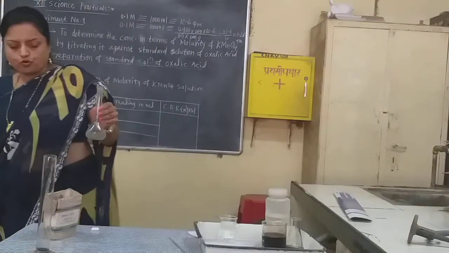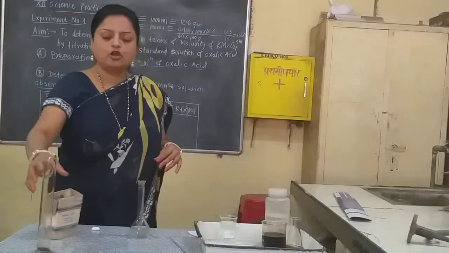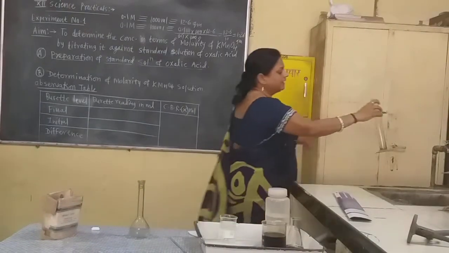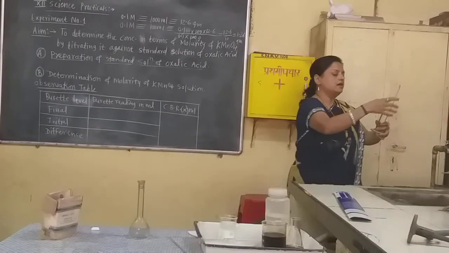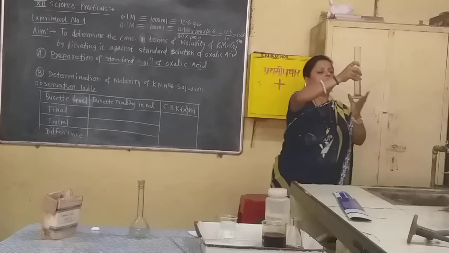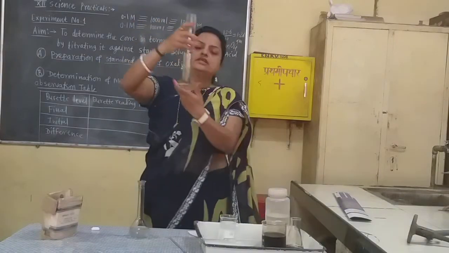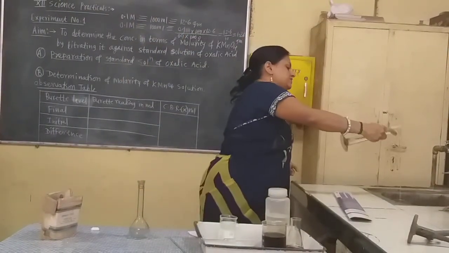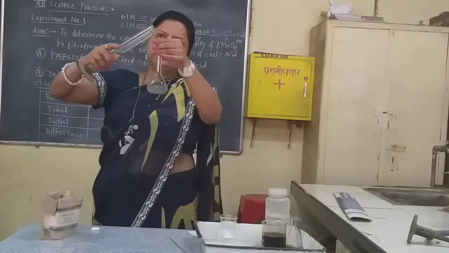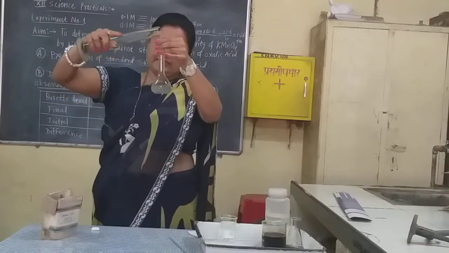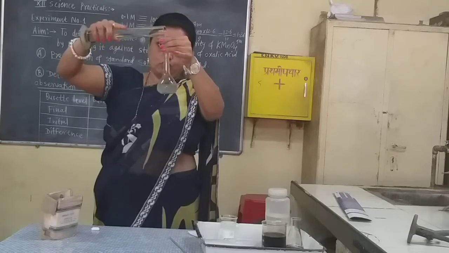Now how many ml of water do we have to add? 60 ml of water. So take water again in the measuring cylinder, about 60 ml, because only 60 ml is now required. First pour directly from the measuring cylinder some 30 to 40 ml of water.